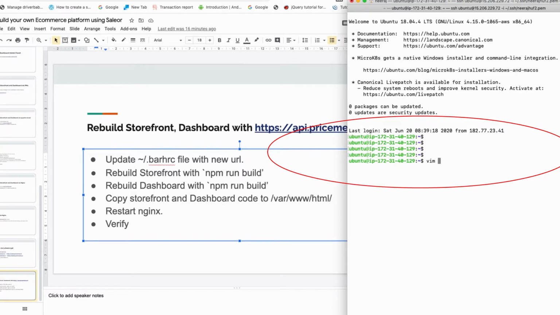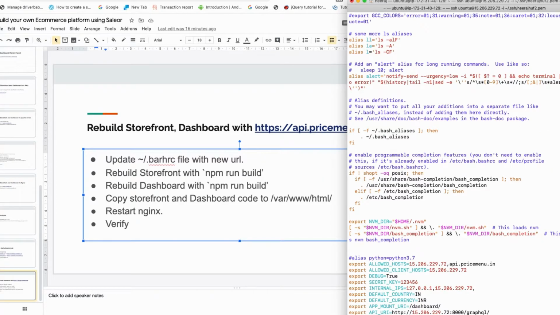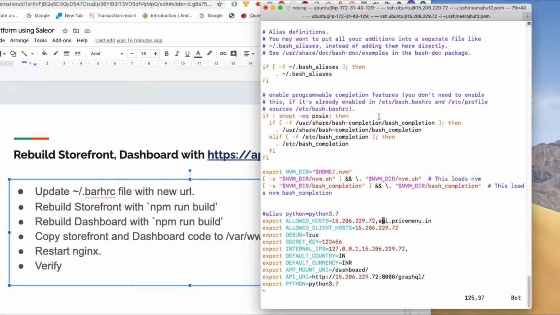As a first step, I am going to change the API URLs. We are not going to change this allowed host. Allowed client host, we are going to add.